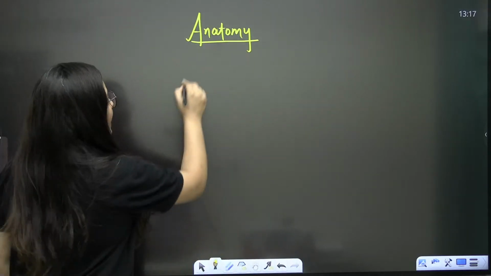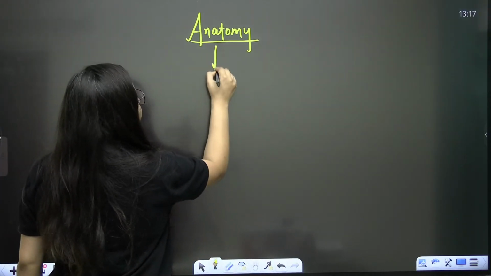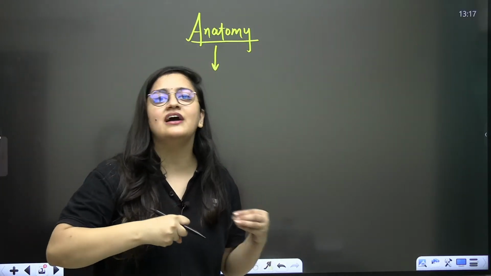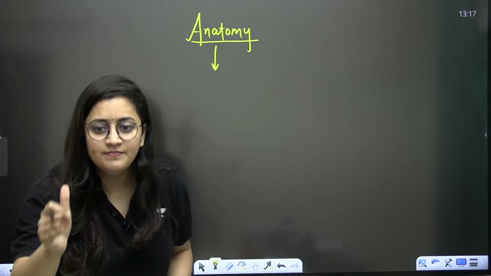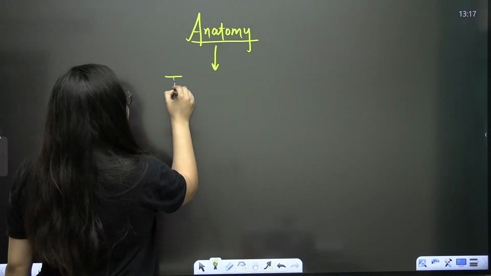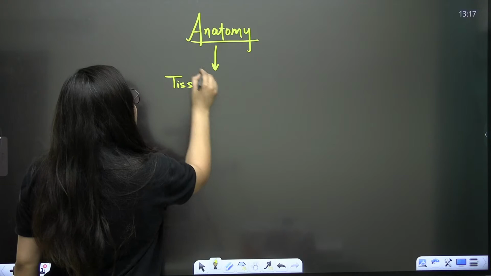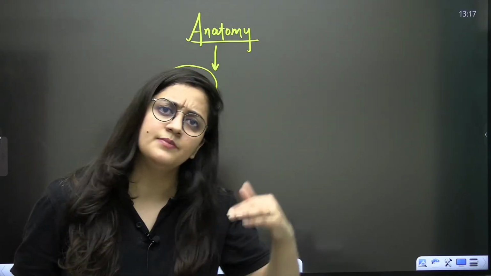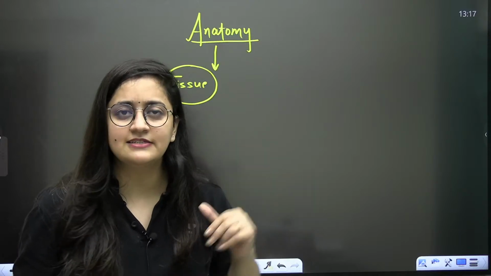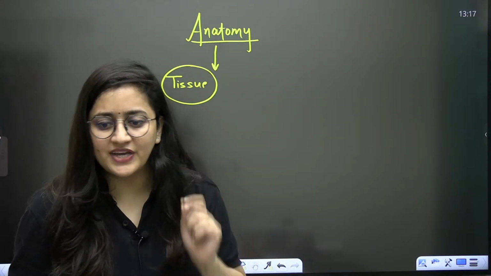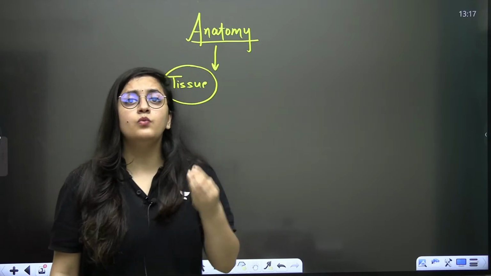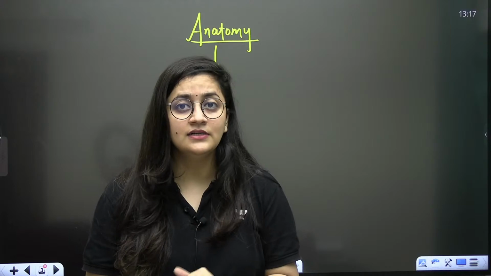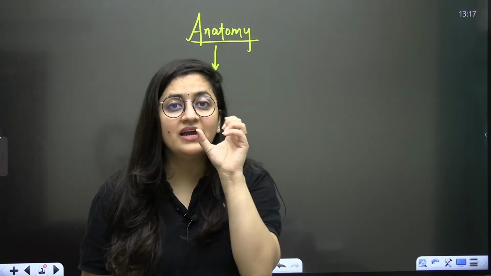And already, bache, I told you about it, that in this particular chapter, we are going to start with the tissue part first. So let me know in the chat section quickly, what is a tissue? Define tissue quickly in the chat section. Let's revise a bit and then directly I will start the sections part. So quickly tell me, what do you understand by the word tissue? Yes, guys, be quick.